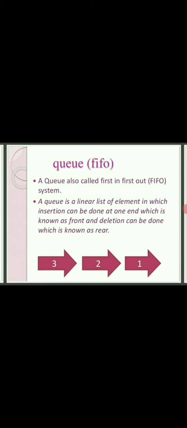Next is the queue. Queue works on the principle of first in, first out. It is opposite to the stack. Basically it means that the element which was first inserted in the queue will be the first one to be out. The two different pointers used in the queue are front and rear, as you can see in the representation. Front is basically used to delete an element from the queue and rear is basically used for inserting an element in the queue.